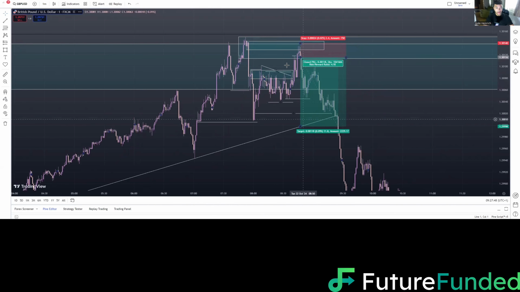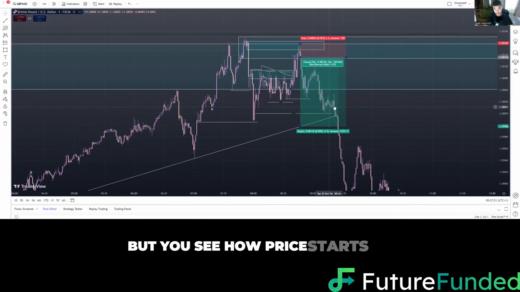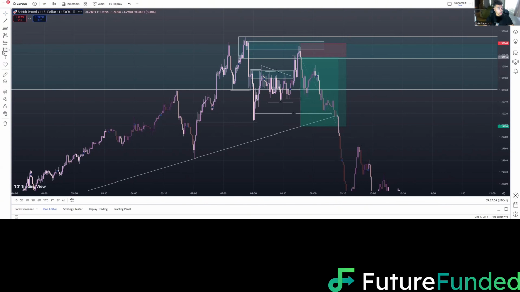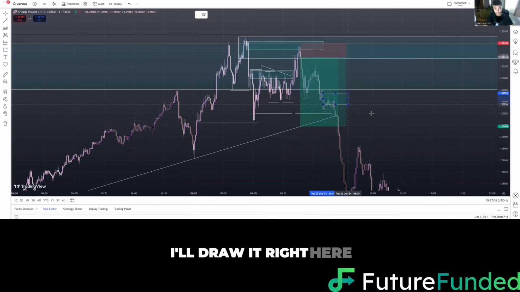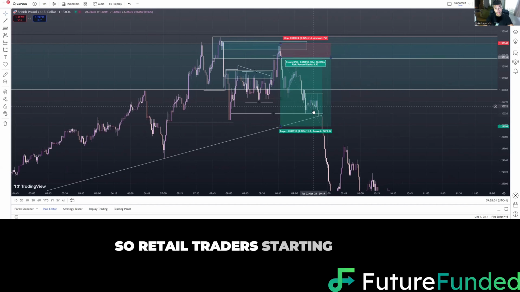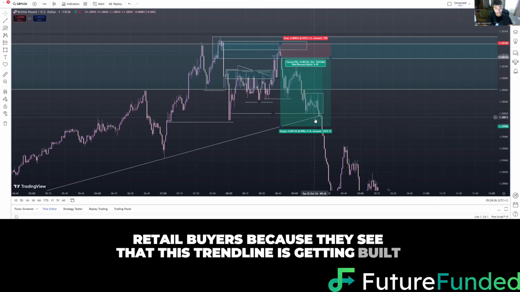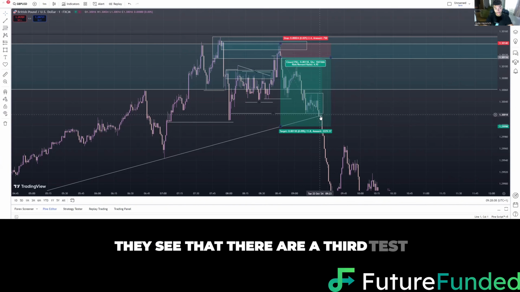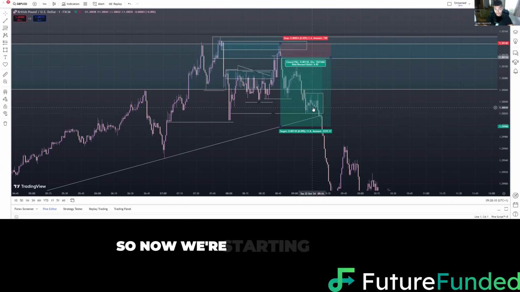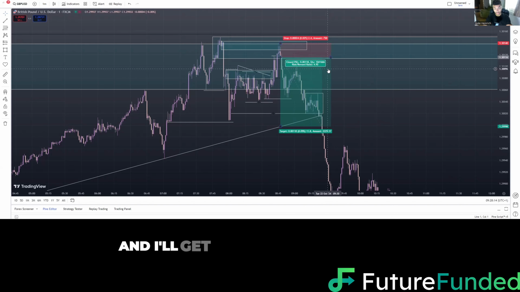Not only do we take all of that out, but do you see how price starts to slow down? I'll draw it right here. Price starts to slow down. So retail traders are starting to come into the market, retail buyers, because they see that this trend line is getting built up. They see that they're at a third test on the trend line. So now we're starting to get some retail rejection before, and I'll get rid of all of this for a second,